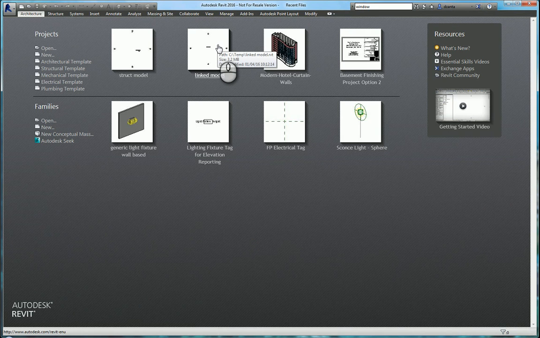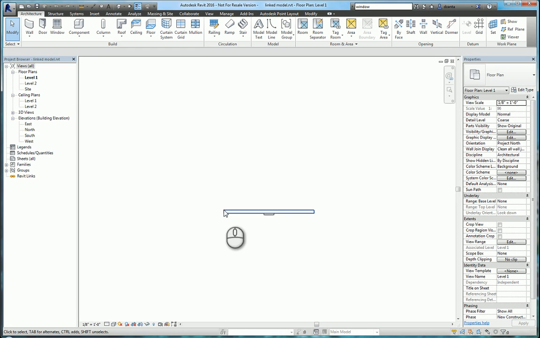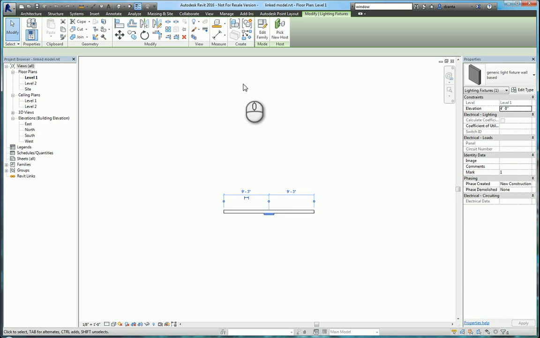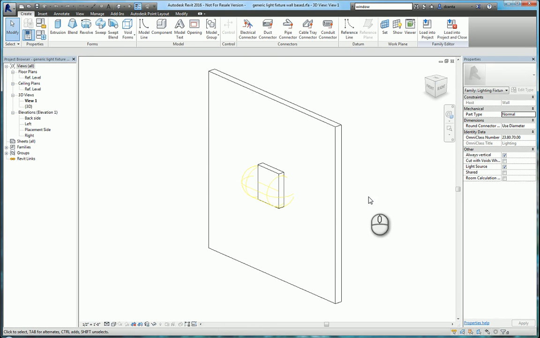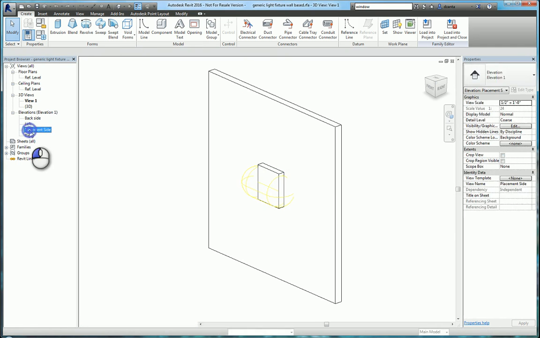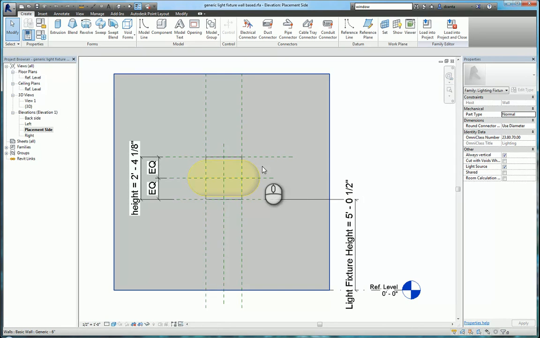I have a linked model here, which is nothing more than a Revit architecture model. There is a standard typical wall on there, and there is a light fixture that I made that's on there. If I look at this light fixture, it's nothing more than a generic light fixture wall based. You have the light source here, and I made a simple rectangular extrusion. If I go to the placement side, all I've done is created the rectangular extrusion, made everything equal, just kind